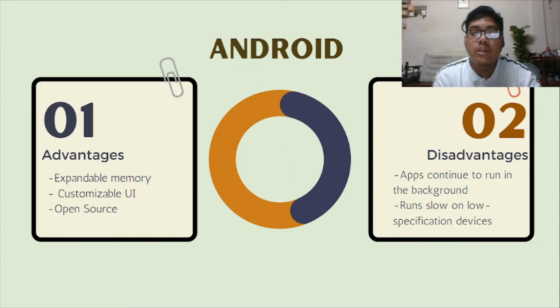Then we have it runs slow on low specification devices. The Android operating system is huge and occupies a lot of space. This is the reason that phones with low hardware specifications run slow on the OS. Moreover, it comes with several default apps that further slow down the smartphone's operation. This leaves no scope for downloading external apps and also leads to heating issues in the devices.